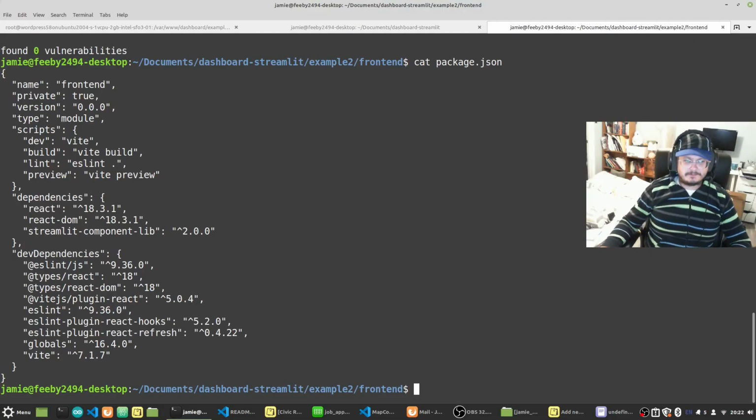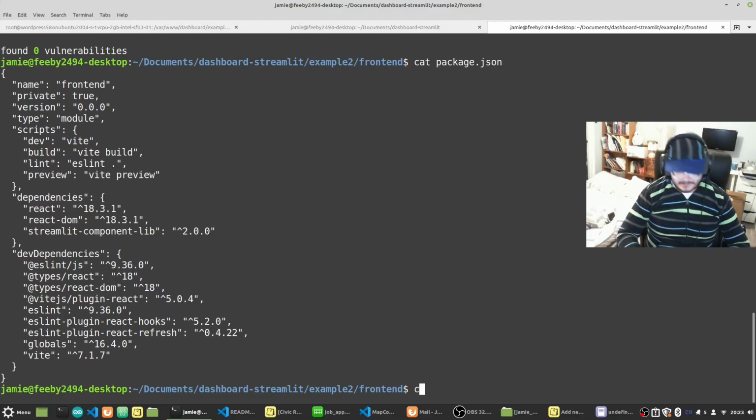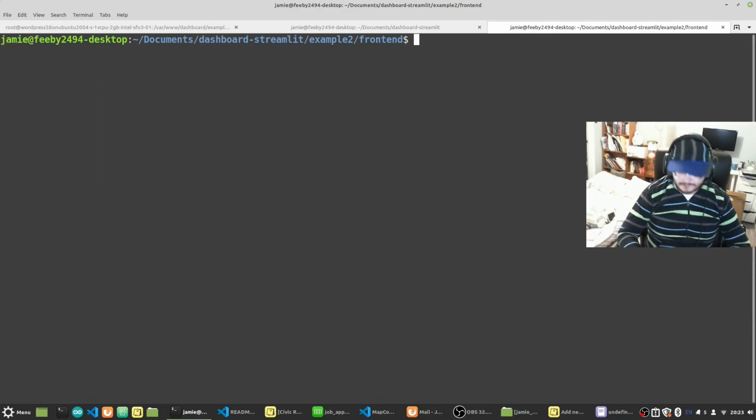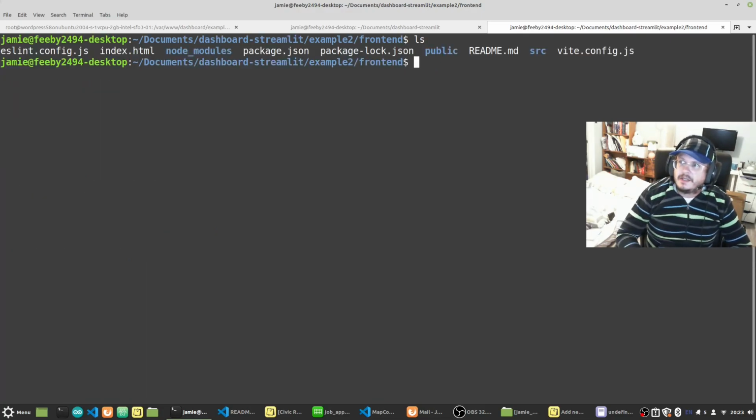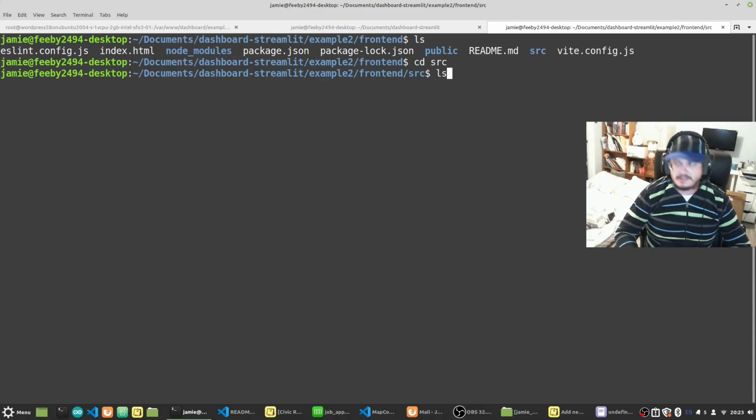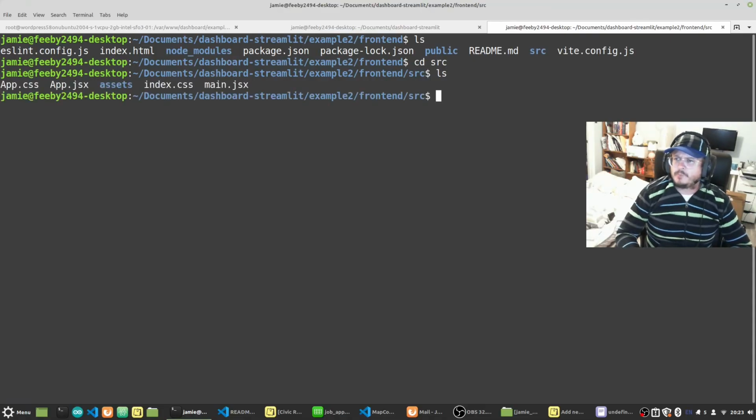The next step is we need to go inside of the code a little bit and add some things to it. So let's clear the console and do an ls. And what we want to do is we want to cd into src. Do an ls. Right now, the App.jsx is kind of like our main thing that's imported into the main.jsx. So let's do a vim App.jsx,